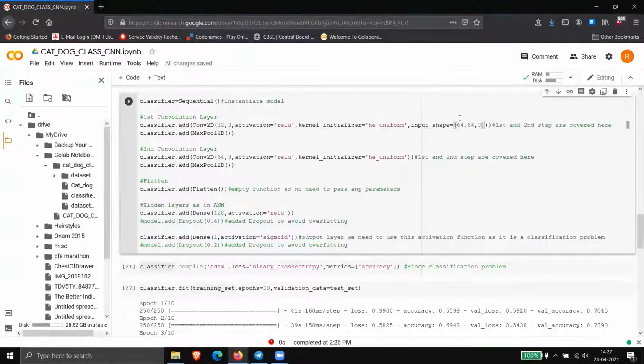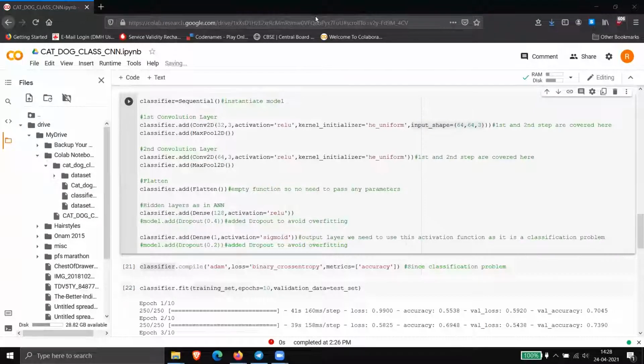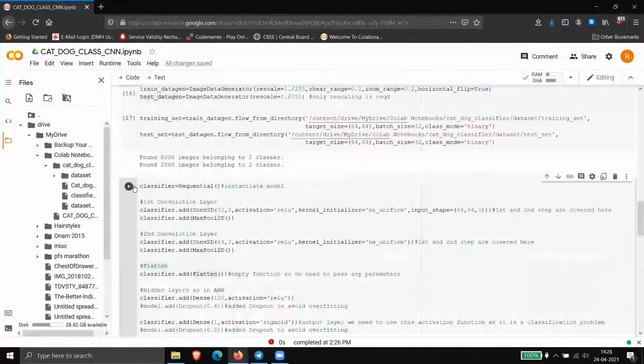Now change the epoch to 1 so that it will not take time. Do I need to put it for the other layer also? No, here is enough. Just run this particular cell again.